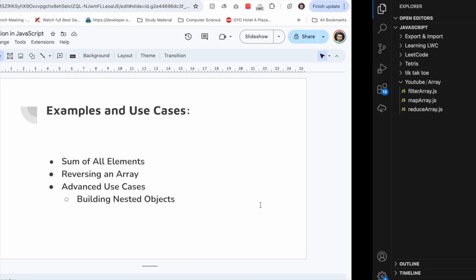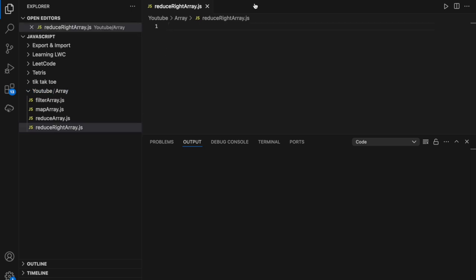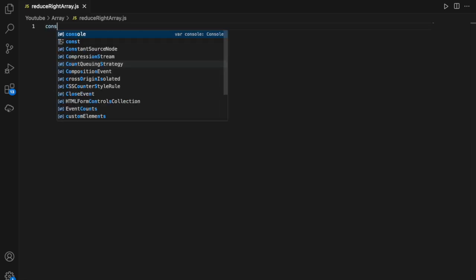Okay. I will be in my VS Code. Let me create a new file, reduceRightArray.js. Created a file. Let me just create some background here. So what I will be doing is a sum of all the integers in an array, using the reduceRight method. Okay. Const